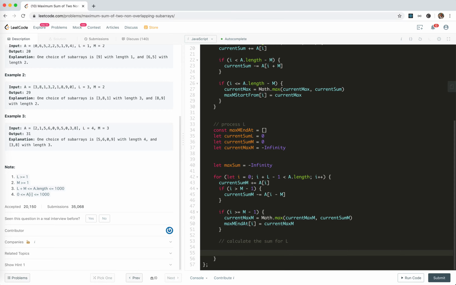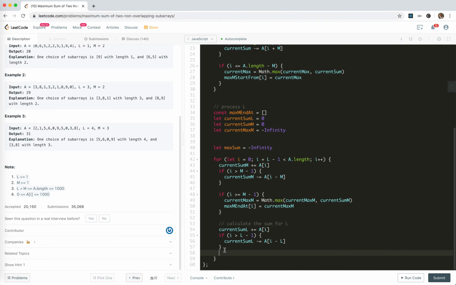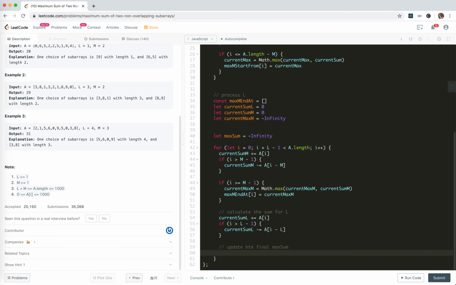We do the same. Current sum L plus equals A[i]. If I is bigger than L minus 1, we subtract from current sum L the A[i minus L]. And this is the sum. So this is to update the final max sum. So here is the most exciting part. Max sum should be max sum with